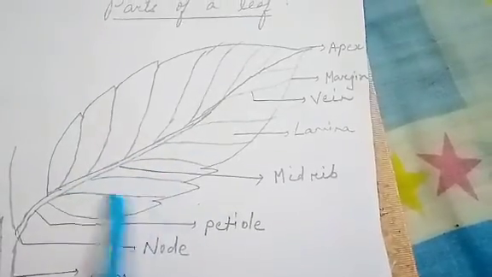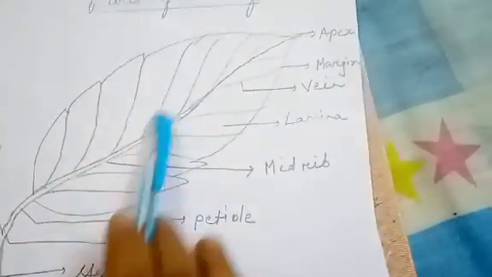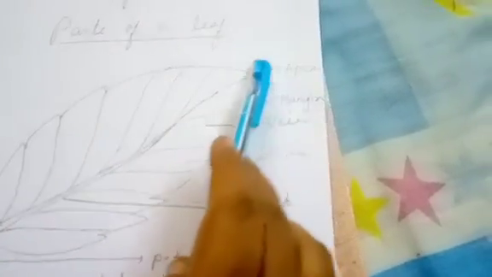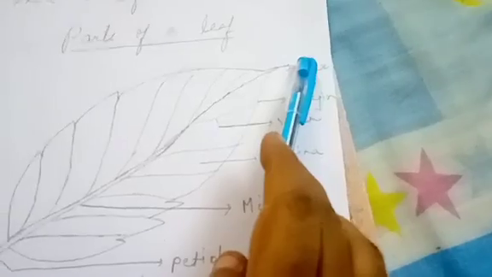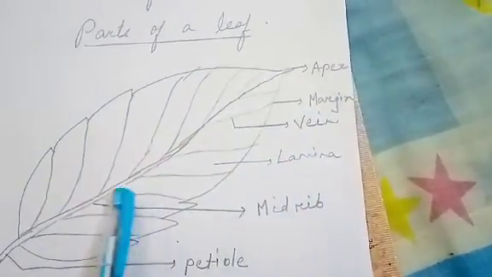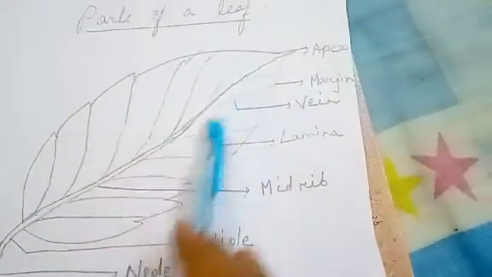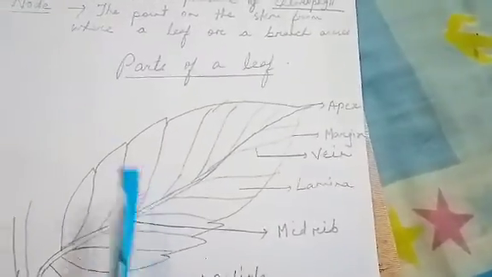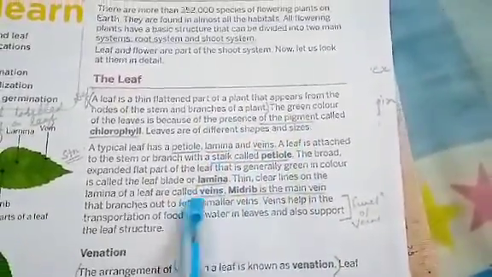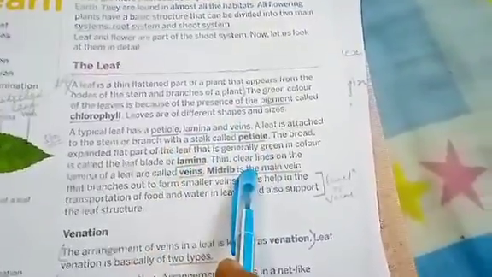Arising from the midrib, you can see there are lines coming out. These are called the veins. At the tip, you can find this point. The tip of the leaf is called the apex. Now these sides are called the margin. Then coming to the lamina, this green flattened part is called the lamina. So these are the different parts of the leaf which you will practice. Along with these, you can see in your textbook in black letters some definitions are given, which I have already discussed in the diagram. You will learn all these definitions.